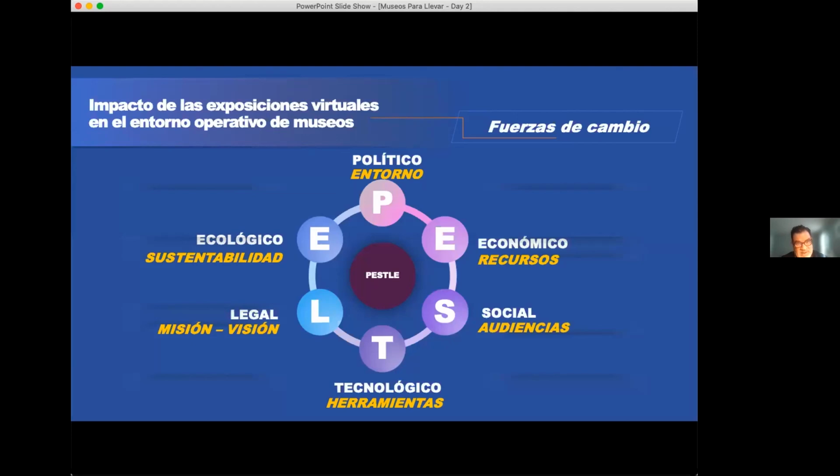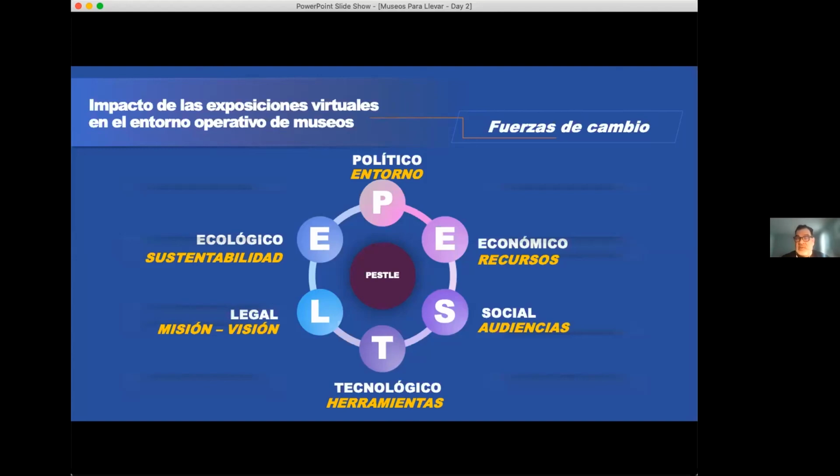We need to have a solid vision within our teams to understand how our virtual exhibits can help us or how they can consolidate the role of our museums from a social point of view. And of course, the technological tool, which in this case is the major change. Technology as a vehicle, as a key vehicle for communication and for exchanging content and knowledge for a public. So virtual exhibits have an impact in the mission and vision of our institutions, and in some cases, in the